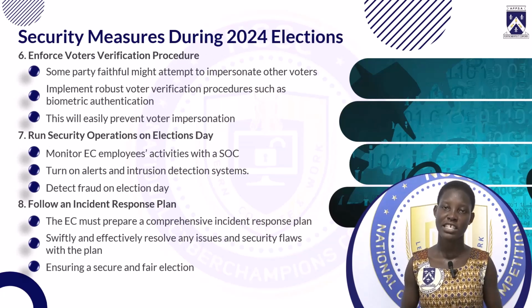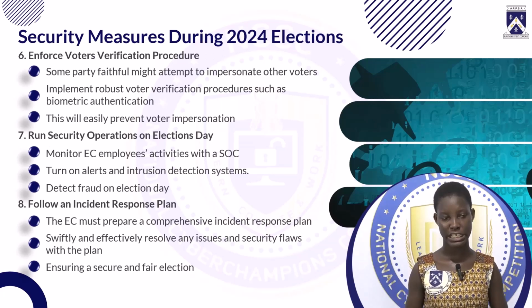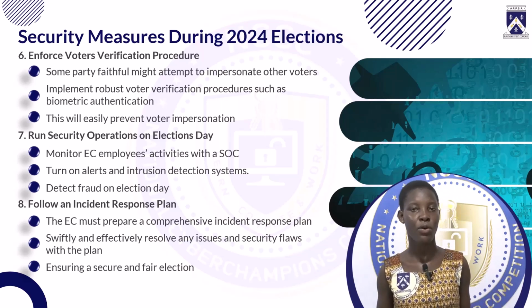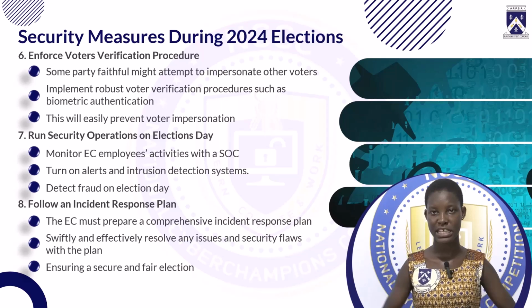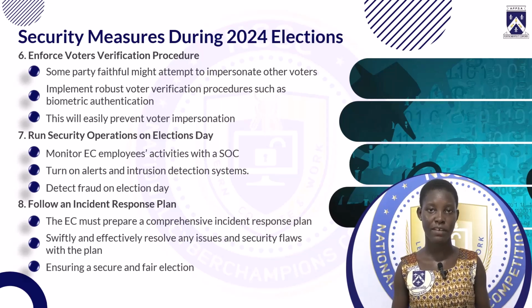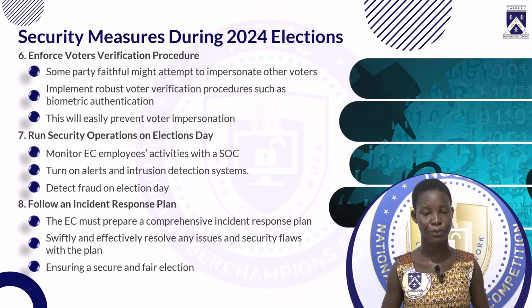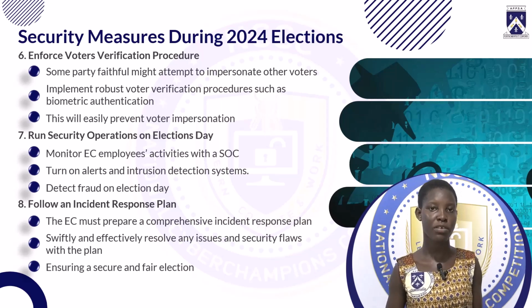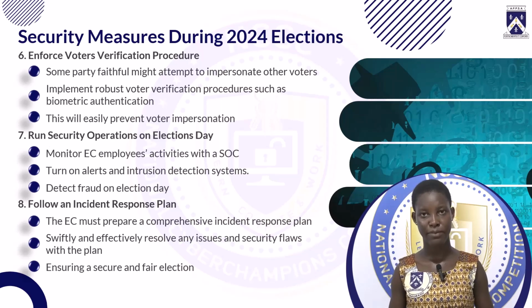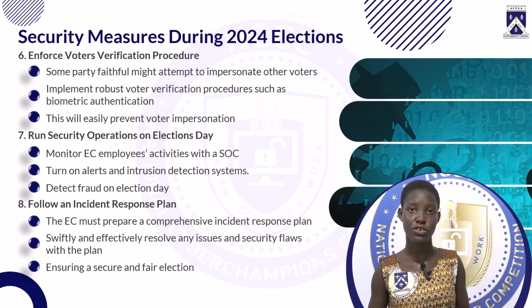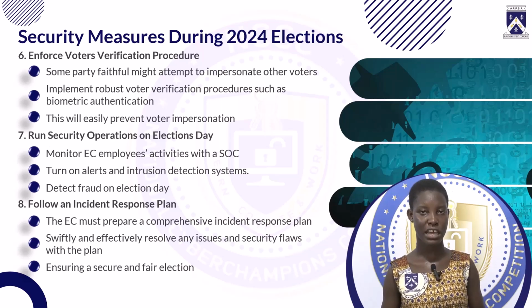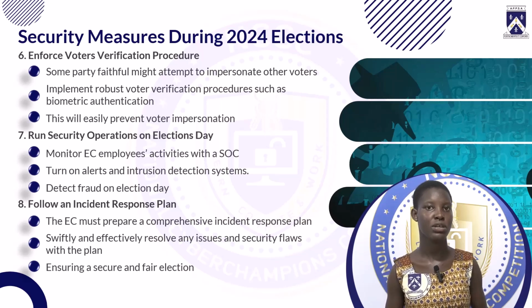We then move on to the security measures to be put in place during the elections. Firstly, in the course of the election, there could be cases whereby voters may try to impersonate other voters and cast votes in favor of their party to increase their chances of winning. The EC must prevent this, and in order to do so, they have to implement robust voter verification procedures like biometric authentication, and the use of indelible ink on the pinky finger of a voter to identify that this person has voted in order to prevent repeat voting, like what was done in Burma in 2020,